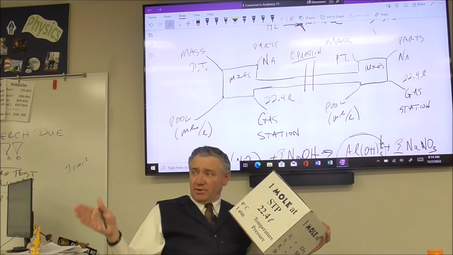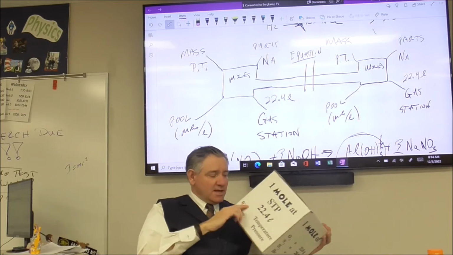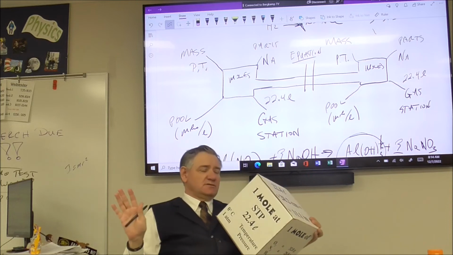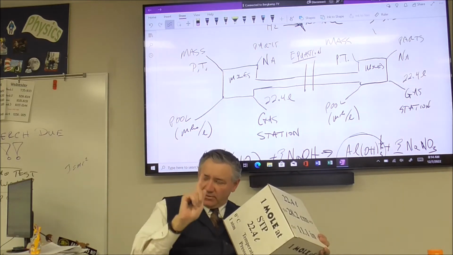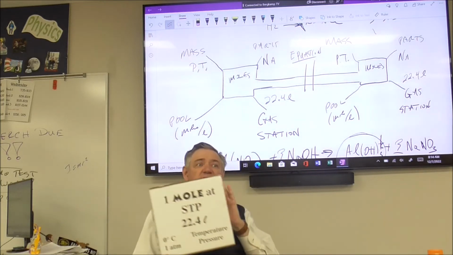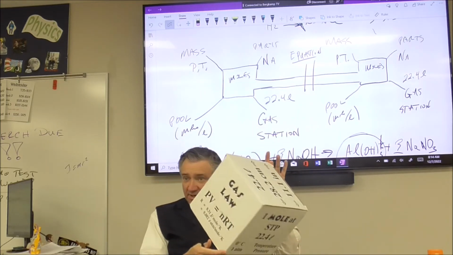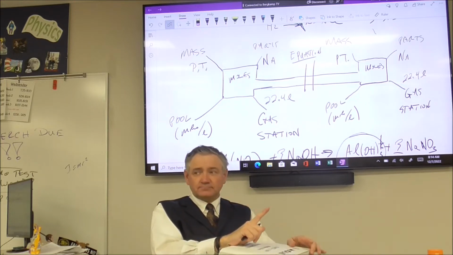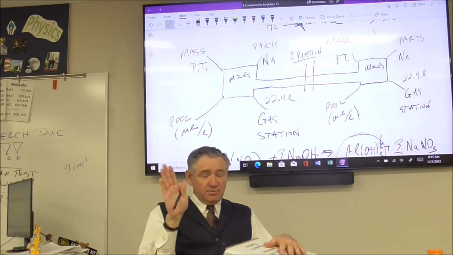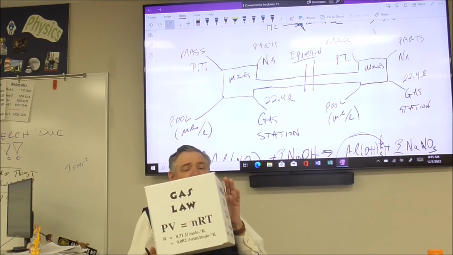So at standard temperature and pressure, 0 degrees Celsius and a pressure of 1 atmosphere, any gas, it doesn't make any difference. If it's hydrogen, oxygen, carbon dioxide, it doesn't matter. Any gas, if you have 1 mole of it at standard temperature and pressure, occupies 22.4 liters. This is what 22.4 liters of gas would look like. You would have to specify this: 1 mole at standard temperature and pressure occupies a volume of 22.4 liters,